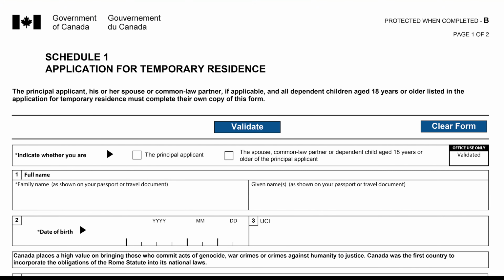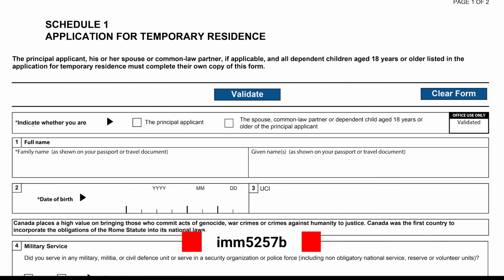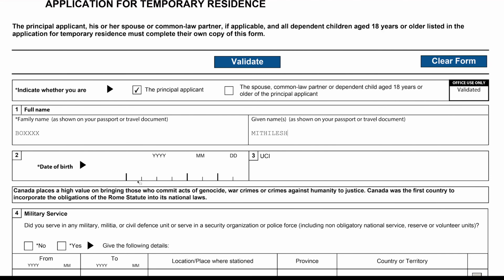Now here comes the last form, that is Schedule 1 application for temporary residence. It is optional document. This form is imm5257b. So just fill all your information here, indicate whether you are principal applicant or spouse. So my husband is filling this. This is the principal applicant. Full name, it is his family name. Given name, date of birth,